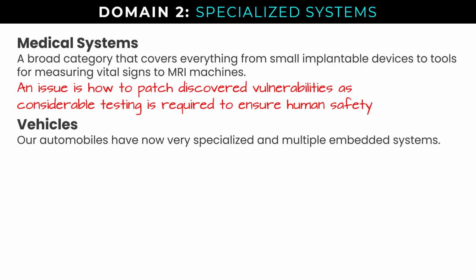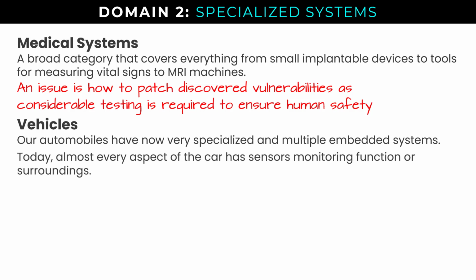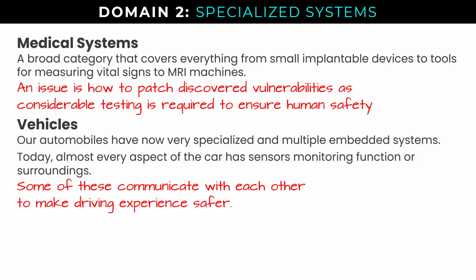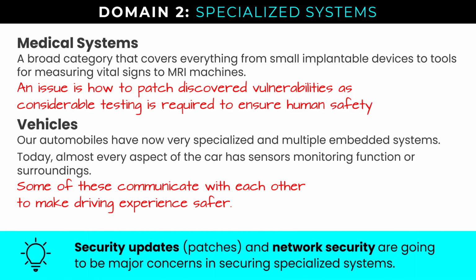The same is true for automobiles. Our automobiles have very specialized and multiple embedded systems, as I mentioned, and today almost every aspect of the car has sensors that are monitoring function or surroundings, and some of these communicate with each other to make the driving experience safer. While they need that network connectivity, security updates and network security are going to be major concerns in securing specialized systems. I think we've all probably seen a YouTube video or heard a story